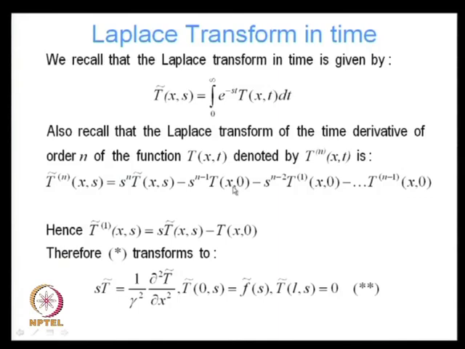So, it involves my derivatives, and those derivatives are evaluated at time t equal to 0. So, they all involve the initial conditions. Therefore, if we are interested in finding the Laplace transform of the first derivative, then n becomes 1,